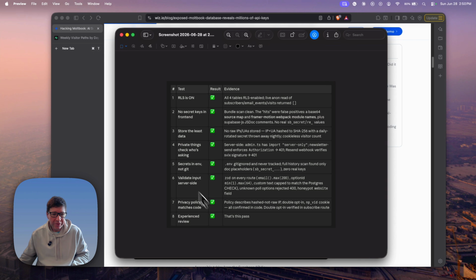And once I ran this 8-point checklist against it, the 2 small issues were identified, and they were fixed within 2 minutes. So I'm not saying that you need to be a security expert, just that you need to take it into account as you're working on these things.